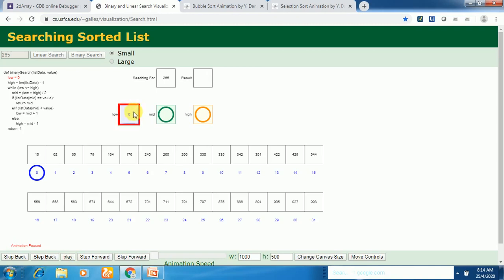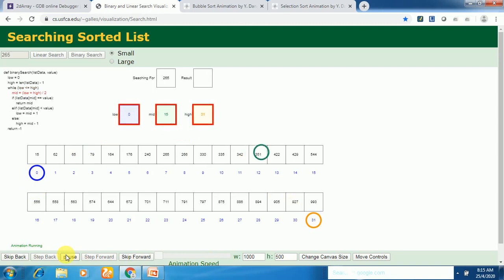If you look at the index, low is set to 0 and high is set to the last index. What is the last index here? 31, that is n minus 1. In this case, the array size is 32, n equals 32, and 32 minus 1, that is n minus 1, will be 31. Low is set to the first index and high is set to the last index.